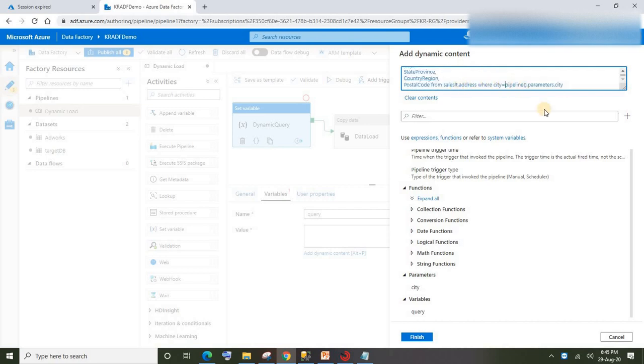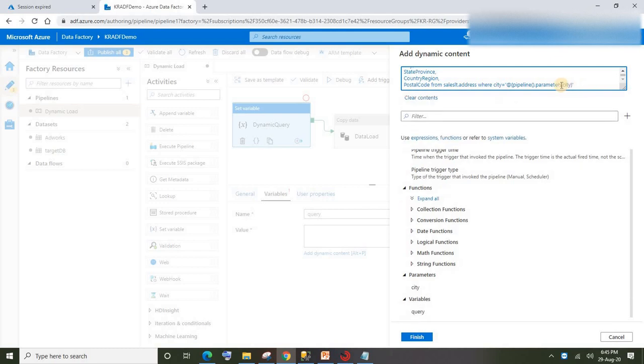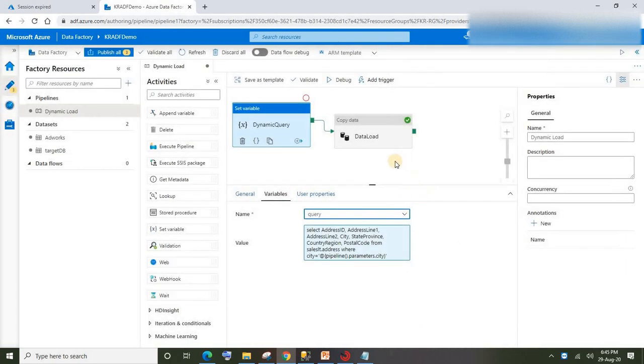Fine, let me open the bracket and close the bracket and close the quotations. That's it. Say finish. So the whole query we kept in one variable.